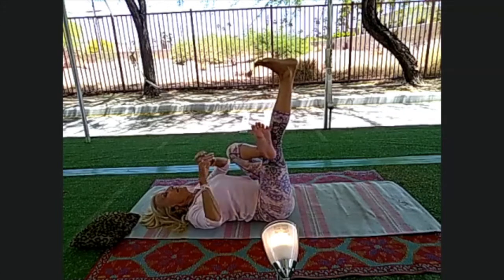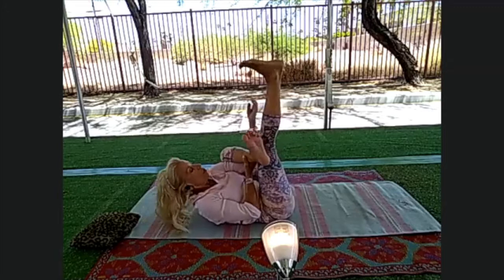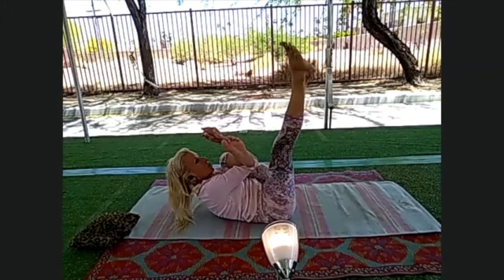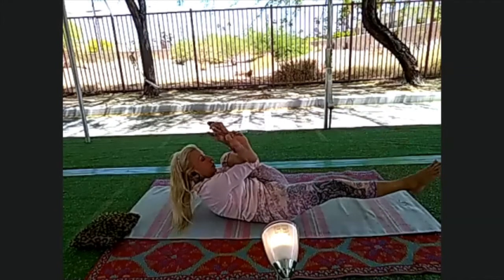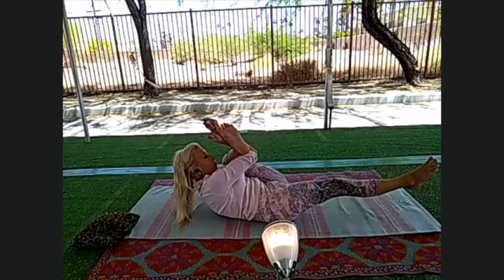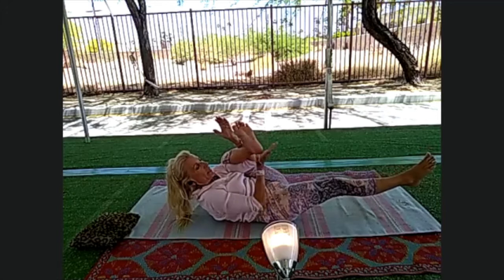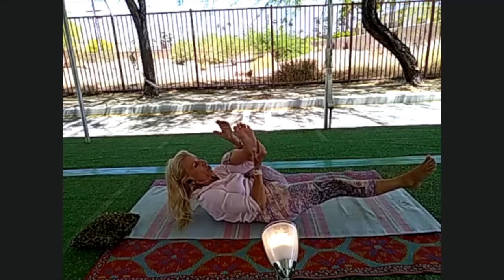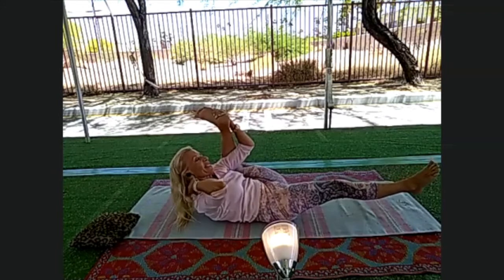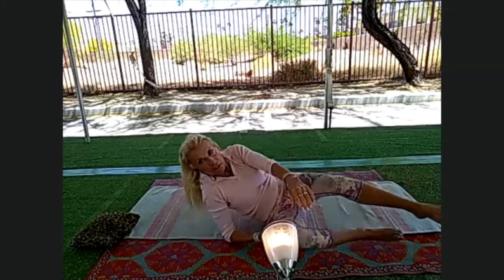And then easy. Take both hands, slide through the triangle, wrap your elbows around your shin, straighten out the left leg. Even if you just stay like this, it's just perfect. Feeling the angle of your hip, the tendons and the ligaments. If you wish, take that right heel and lift it up and try to get the heel behind your head,